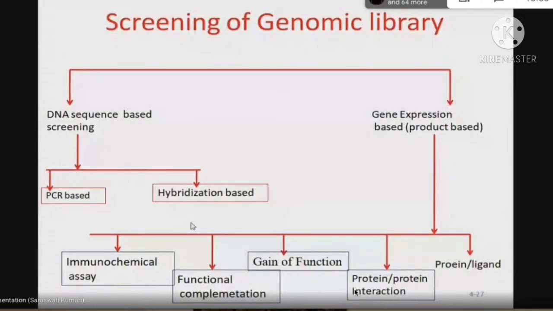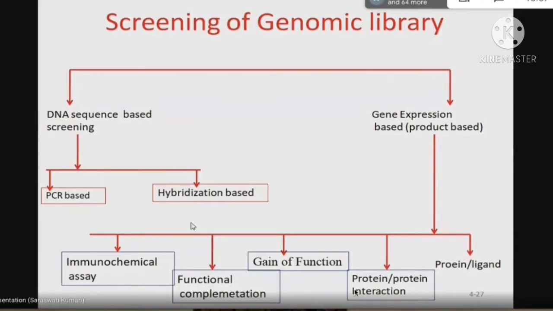Suppose one bacterium is a mutant. E. coli is normally motile, it can move. But one mutant bacterium is non-motile. That means that bacterium has some gene that is not functional. So we prepare a genomic library from that same species. Then one by one, we add genes into that mutant bacterium, which is not able to move, non-motile.